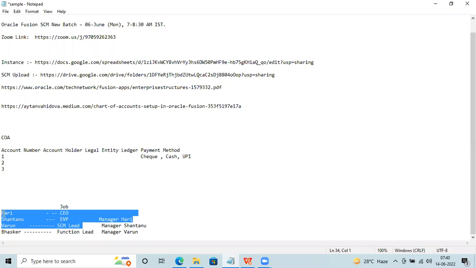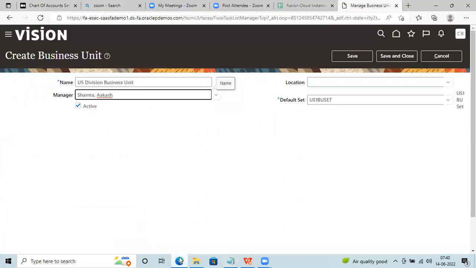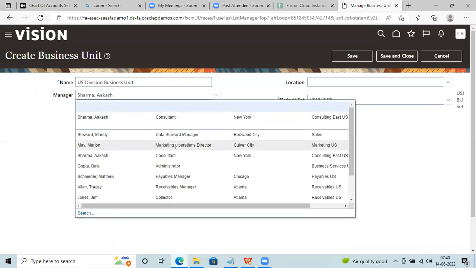So Bhaskar is the person who will be taking the lead, so his designation remains the same, right? But if I want, I can make him the manager itself. If you see here by designation, I'll scroll down. These are different types of roles: consultant, administrator, payable manager, receivable manager, collector, data steward manager, different types of